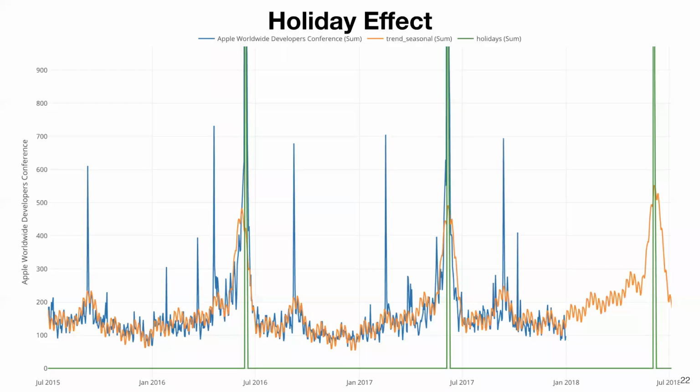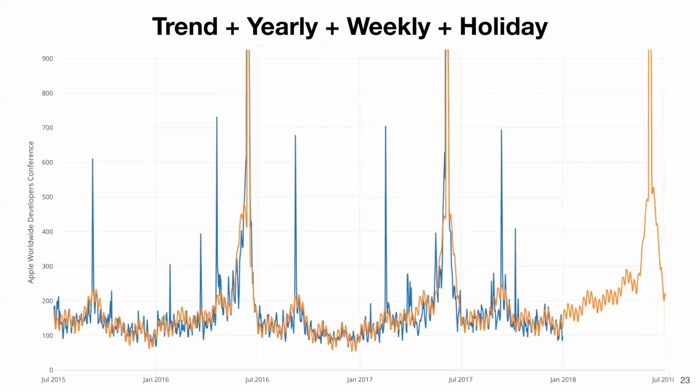So if we know that, we can say to Prophet, hey, these are very special days, like we call it a holiday. We can put that information in the model, and then the model will figure out some kind of patterns, and that this much of the effect comes from the holiday period. And then we can get the holiday effect combined with the trend, the yearly and the weekly. And at this point the orange line is even more fitting to the actual